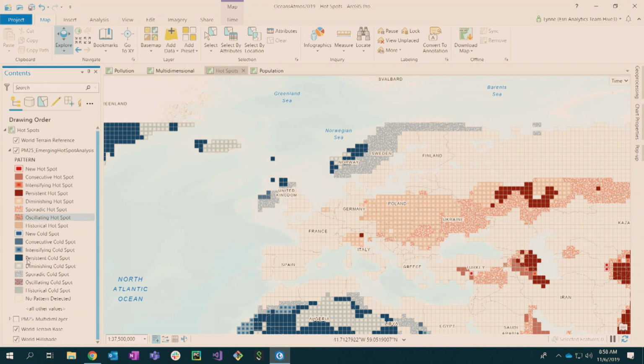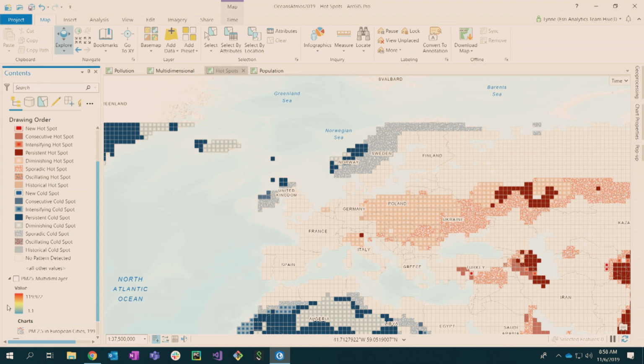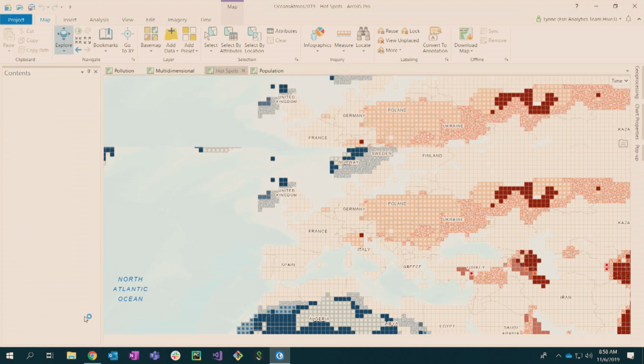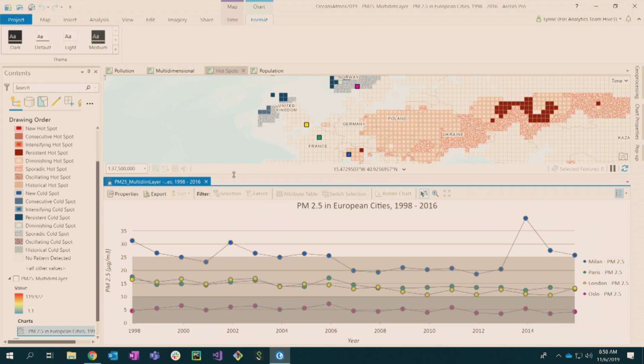I can use the new temporal profile chart on my underlying multidimensional raster data to select polygons from my hotspot analysis result and chart their time series over time. I've created this chart for 4 EU cities. I've added a grey shaded guide area to the chart between 0 and 25 to represent the EU limits that